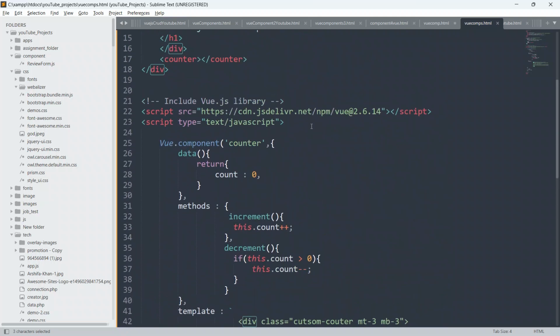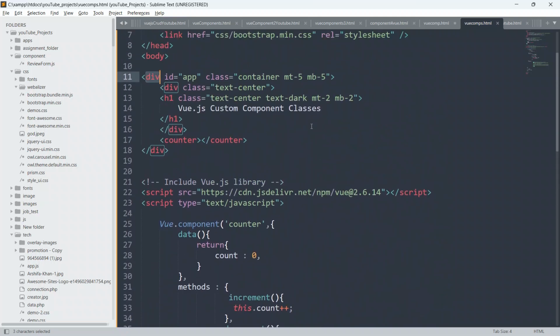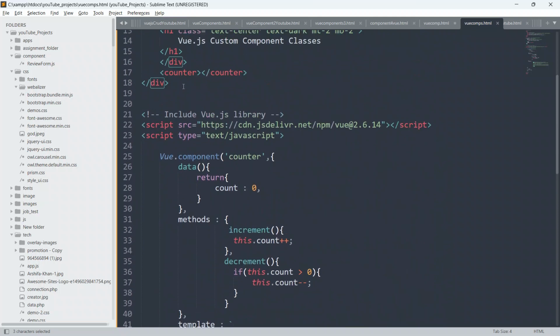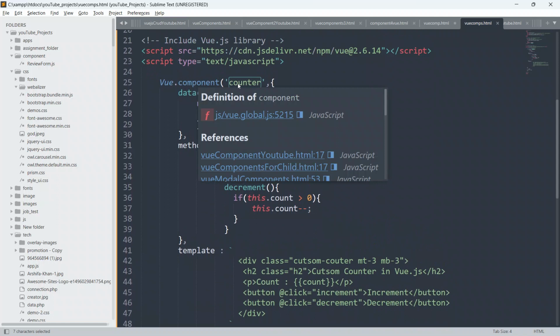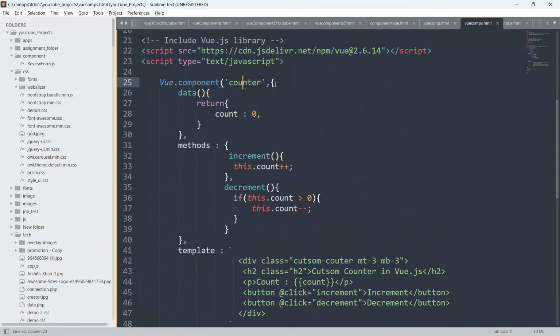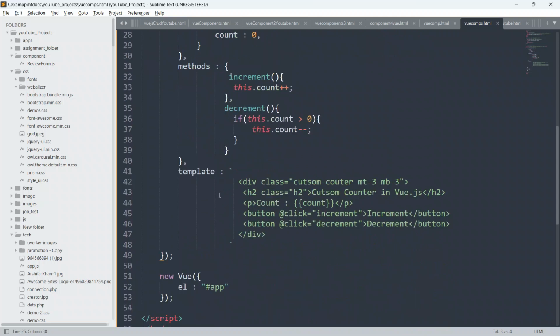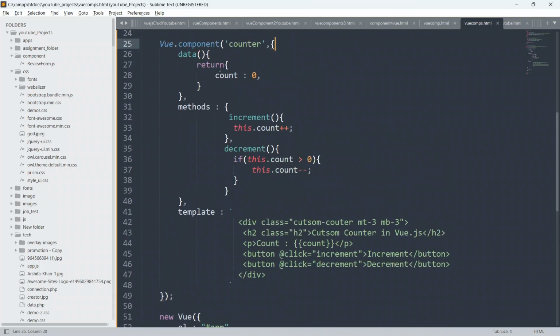Okay, so guys, this will be the basic example of how to create a custom component inside Vue.js, and you have to call this component inside your HTML part where you want to show the UI to the user, and you have to use Vue.component, and you have to define the component name as well, and then you have to put a comma and then open curly braces, and then inside this you can define the return also, you can define the methods also, you can define created also, you can define computed also, you can define mounted also, you can define objects, custom events, custom functions. Guys, you can define anything inside the custom components.